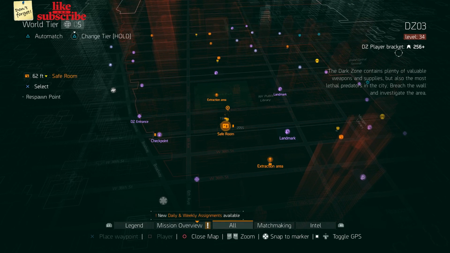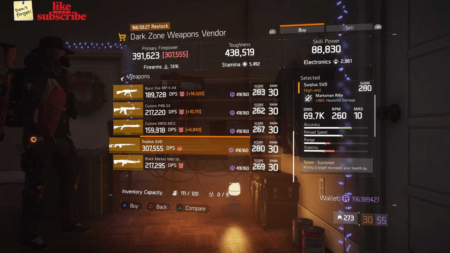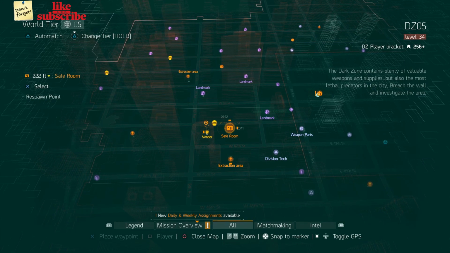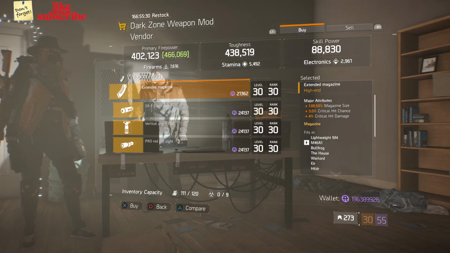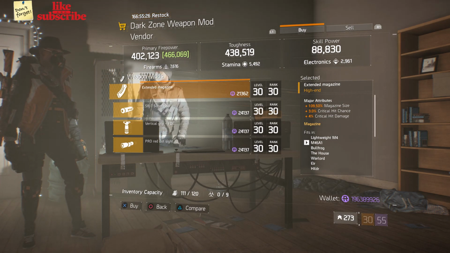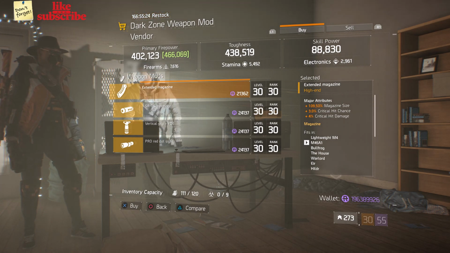For our next gear items, head over to DZ3 Safe Room. Here the Dark Zone weapons vendor has a surplus SVD. For our next gear items, head over to DZ5 Safe Room. Here the Dark Zone weapon mod vendor has an extended magazine with 109.50% magazine size, 3% critical hit chance, and